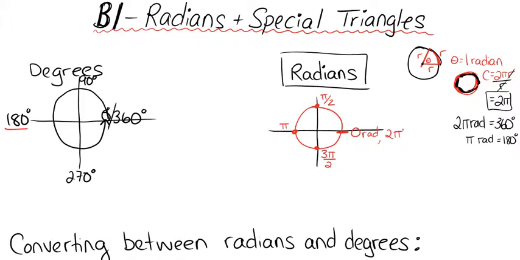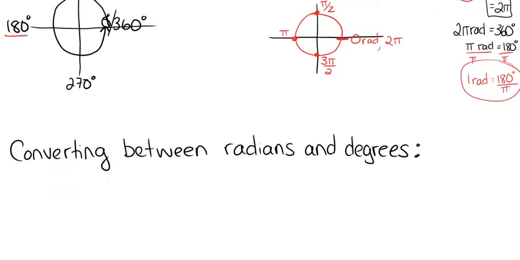And we can use this conversion: if we wanted to determine what 1 radian was equal to, we know 1 radian is equal to 180 degrees over pi. So we can use this conversion to help convert between radians and degrees. Okay, so